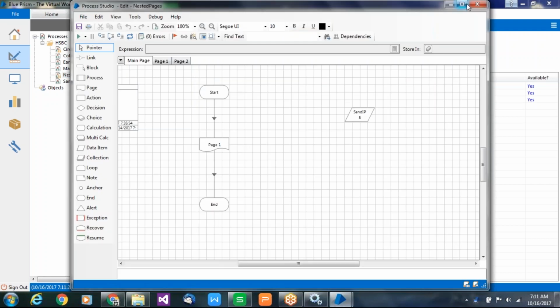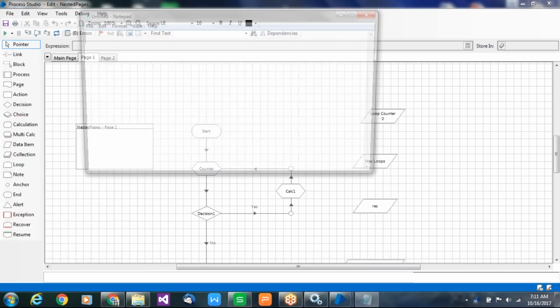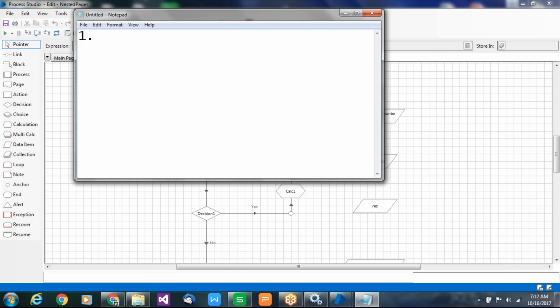Then coming to the last class, we discussed input and output parameters. As I said, we are using the input parameters concept and the output parameters concept. We can implement it in three kinds of ways. My question is how many ways are there to load the data into BluePrism? One of our friends, Suresh, said one is to connect to the database and fetch the data.